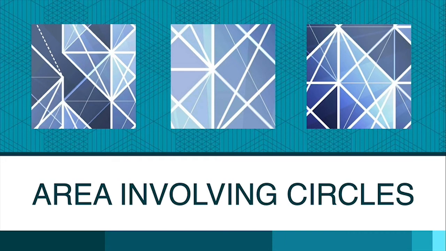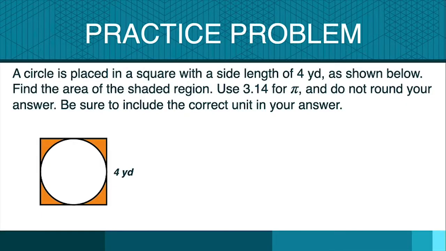Area involving circles. To find the area of a shaded figure with a region cut out from the greater whole, first identify the basic shape of the overall shaded area, as if the other section was not removed. Then identify the basic shape of the non-shaded region in the figure. Calculate the area of both regions, then subtract the area of the non-shaded region from the area of the greater